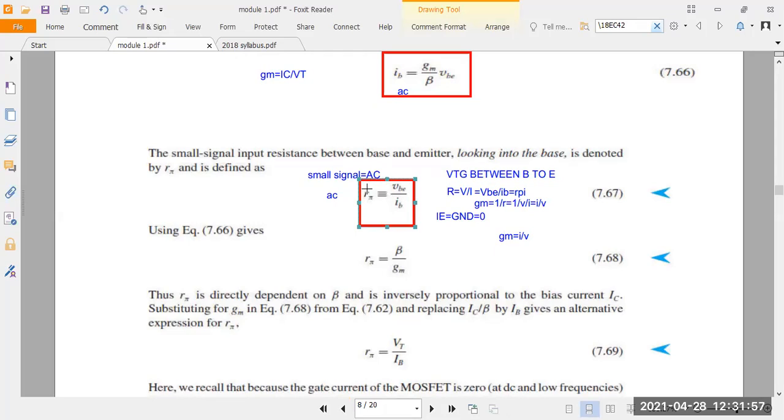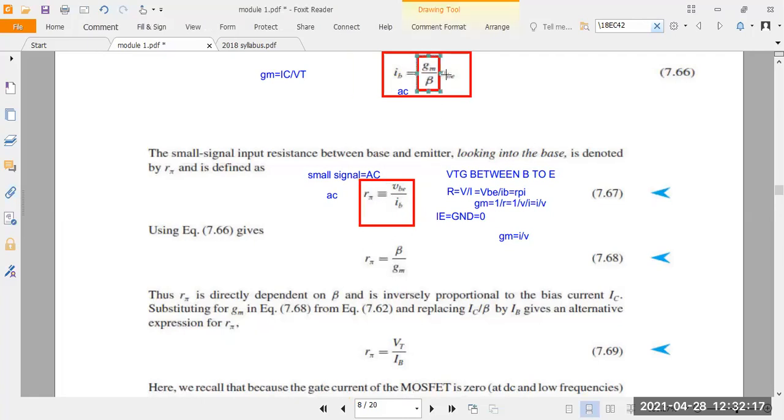Okay, the small signal equivalent circuit is what here? It's a pi shape here. That's why they called it pi. So R pi is equal to what now? VB divided by IB. So here this term you write gm divided by beta as R pi.